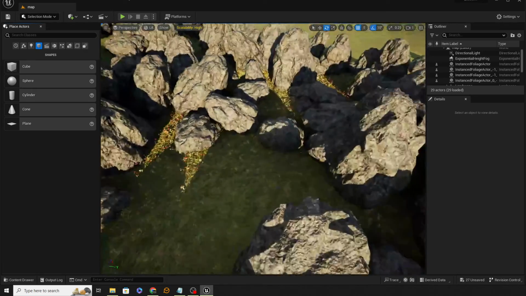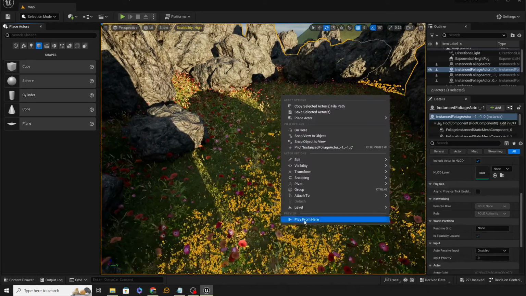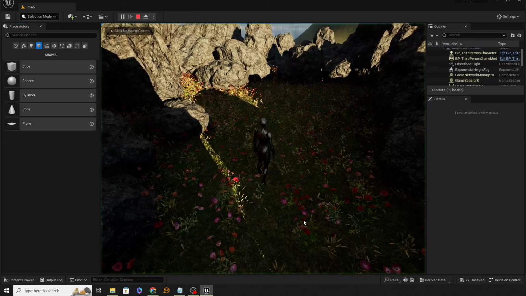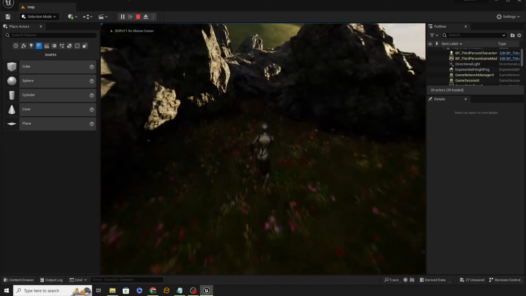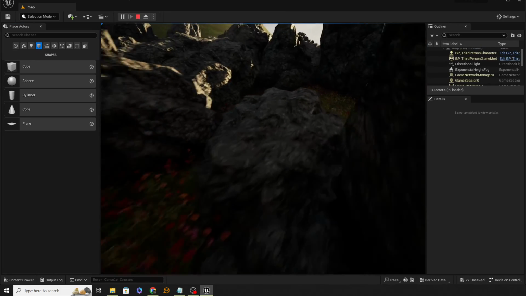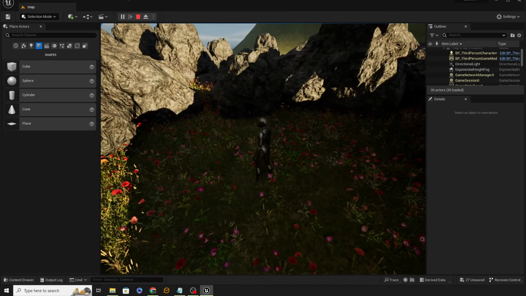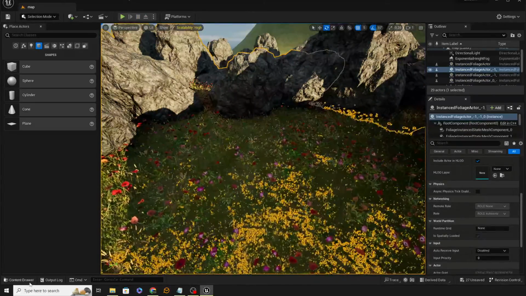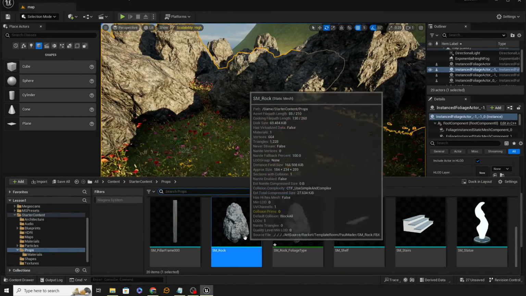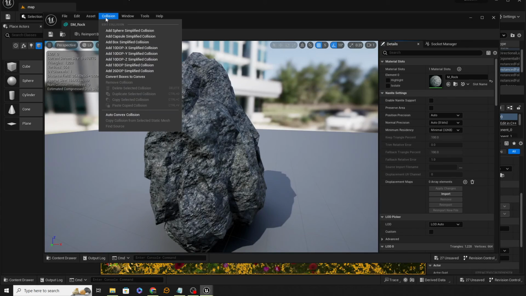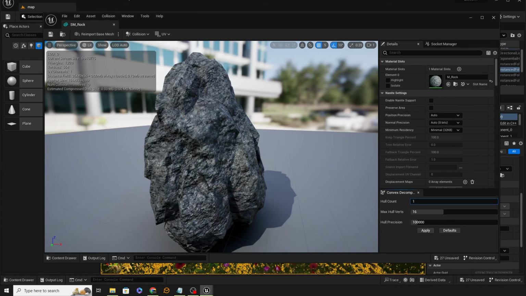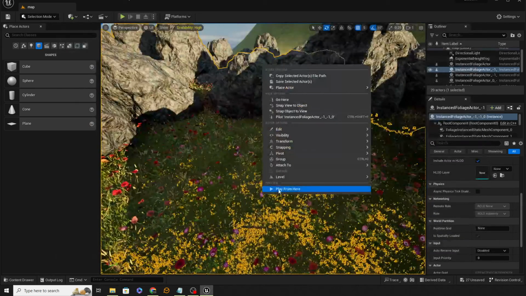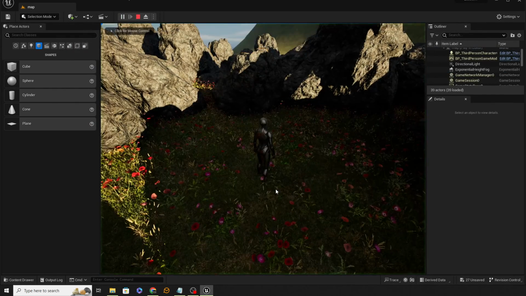and remember what I said, the rocks have collision volumes. So if I come down here and try and walk through my rocks, I shouldn't be able to. So it hasn't applied the collisions, and I'll tell you why it hasn't applied the collisions to those rocks if you'd like. It's because none of these rocks have collision volumes. In order to fix that, what I'll do is go down here to SM rock, double click, collision, auto convex, let's give it a hole count of 1 and 28 hole verts, and click apply. Save. There we go. And now our rocks do have collisions,